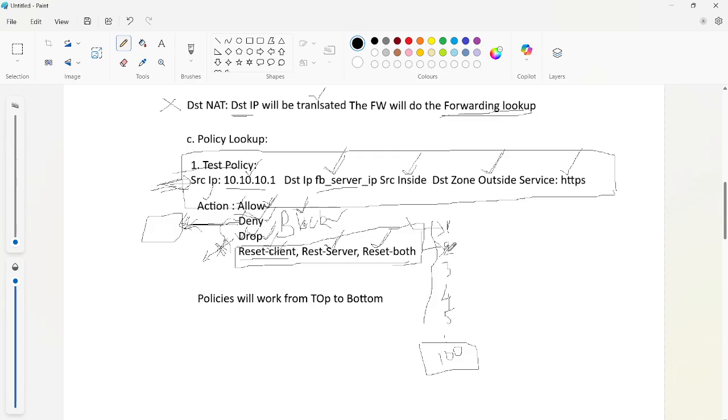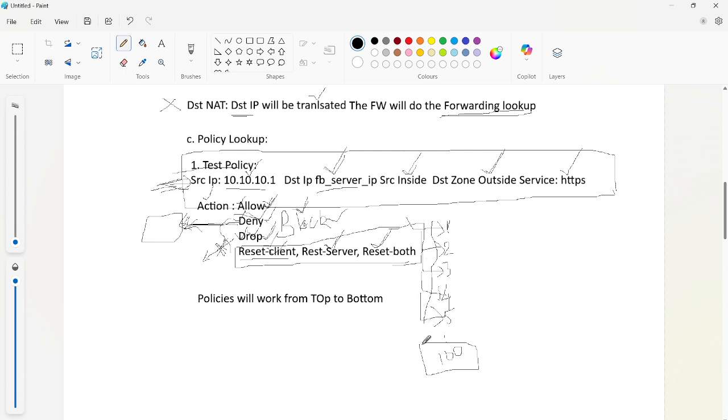If the second policy is not matching anything, it comes to the third policy, then the fourth, then the fifth. Likewise, the firewall will move forward until it matches the exact policy.